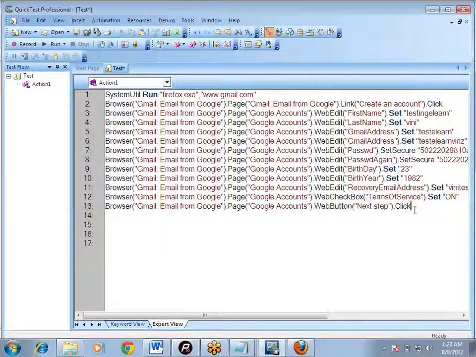So this is the code which QTP has generated for us while recording. When I was recording, everything got recorded here. It has created the script form. Now every object which got involved while recording gets stored in the memory of QTP, that is the object repository. Look at this icon where my cursor is right now. This is the object repository. Click on this icon or use the shortcut key Ctrl+R. Your object repository will open up.